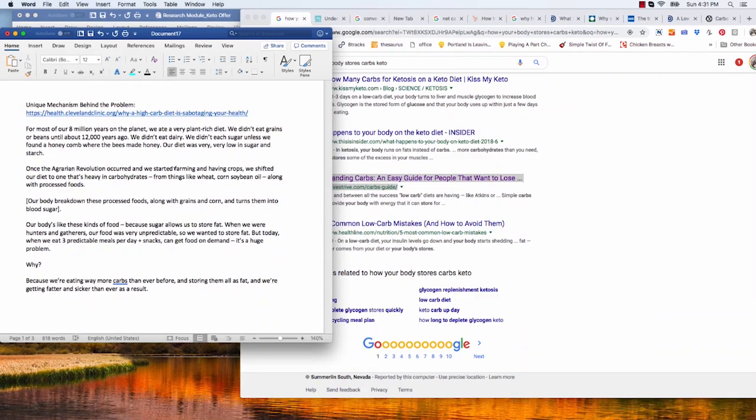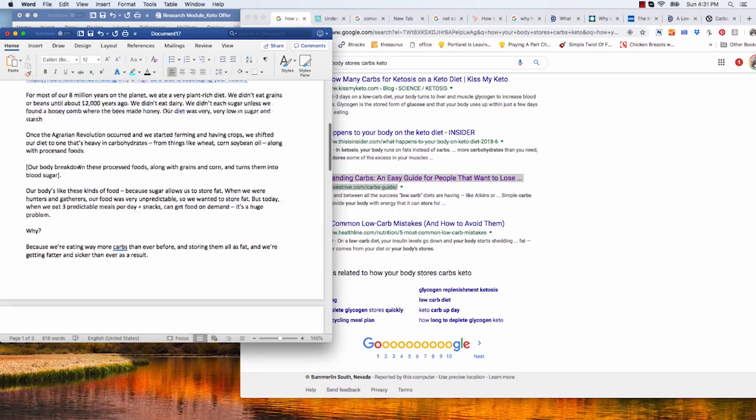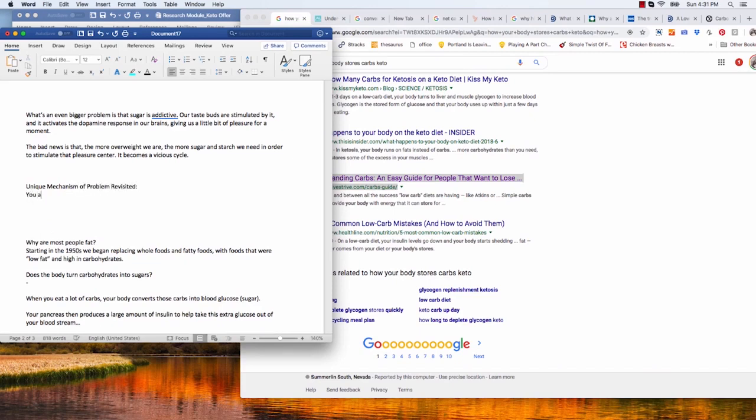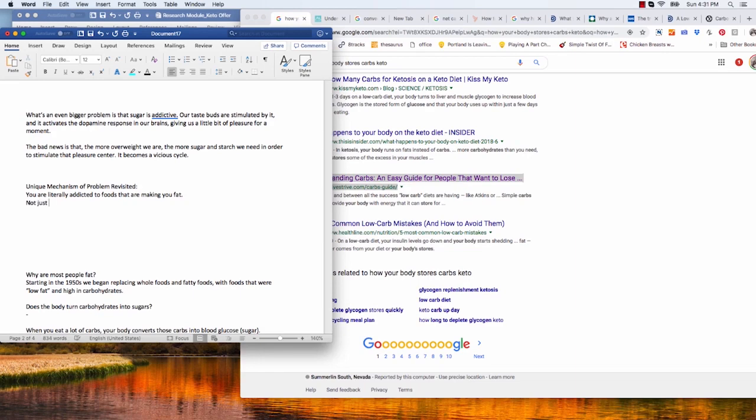So if we're saying the unique mechanism behind the problem is that you're literally addicted to foods that are making you fat. Now, I don't know if I'm going to work this up, right? Unique mechanism. Literally addicted to foods that are making you fat. Let's say not just